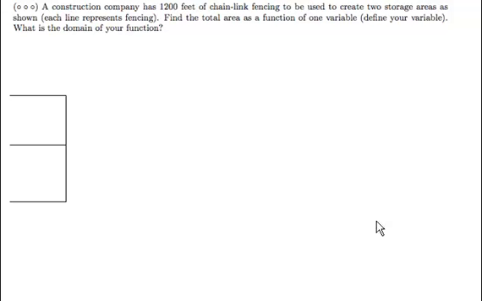In this problem, we have a construction company with 1,200 feet of chain link fencing to be used to create 2 storage areas. The storage areas are to be laid out in a pair of rectangles that are adjoined, and the lines here each represent where fencing is necessary. So presumably there's some structure over here that they're building up against so that we don't need to fence this